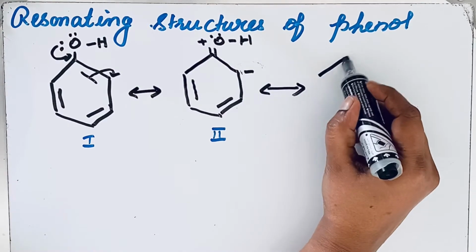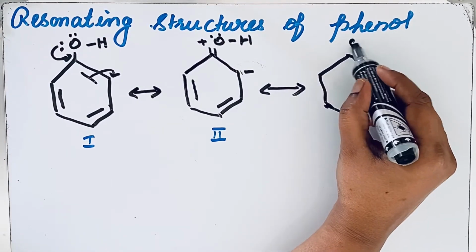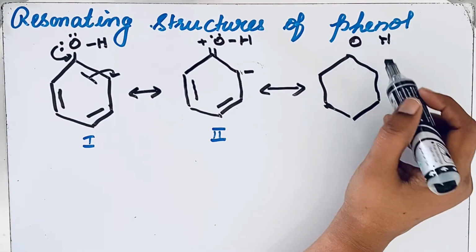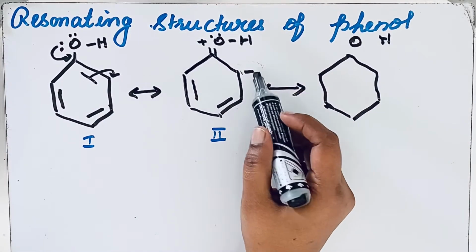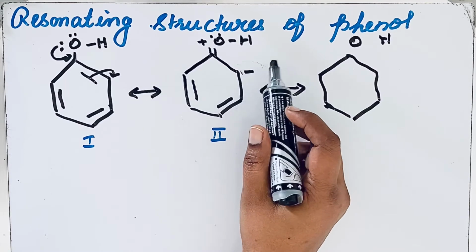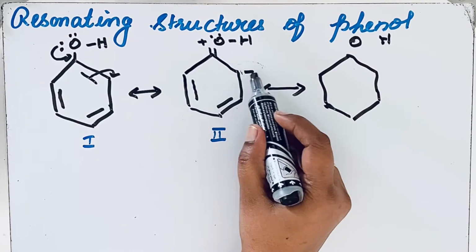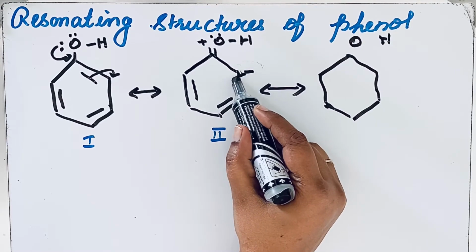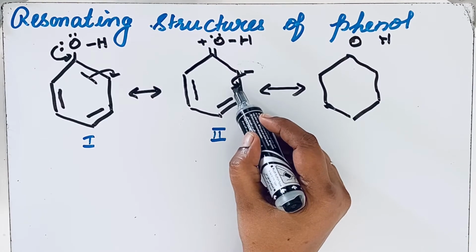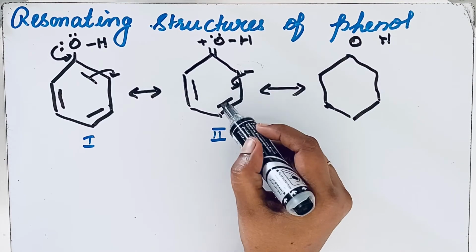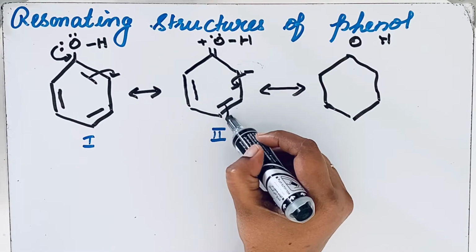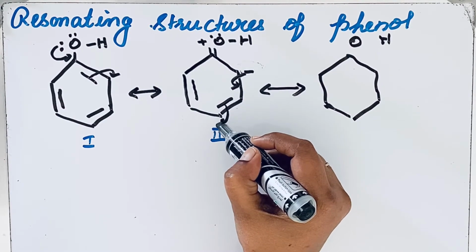First let us draw oxygen and hydrogen, because there is no change in the position of atoms. Now what happens here? You can see that the electron rich part is this carbon, because it carries a minus charge. So this will create a bond. When the bond is created here, this double bond will break and this will result in a minus charge.